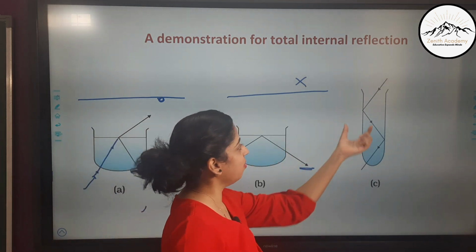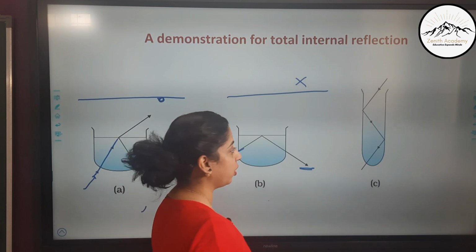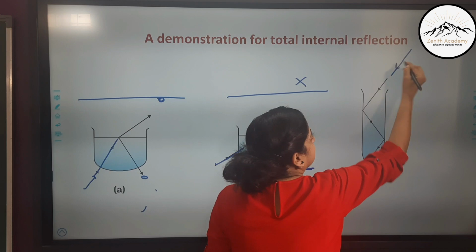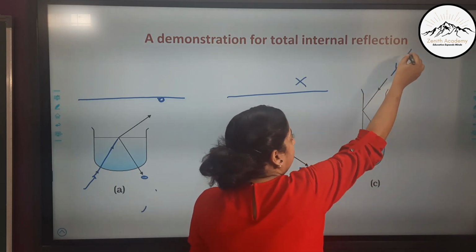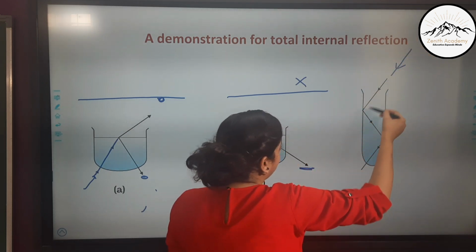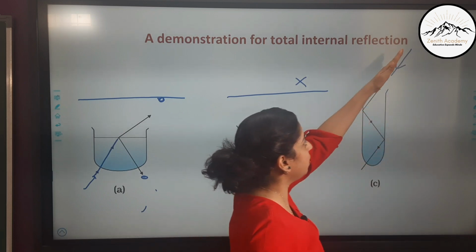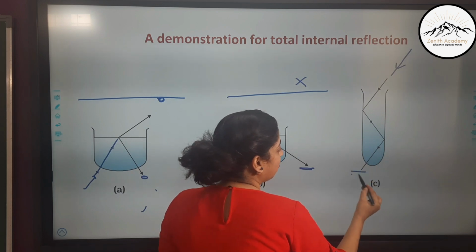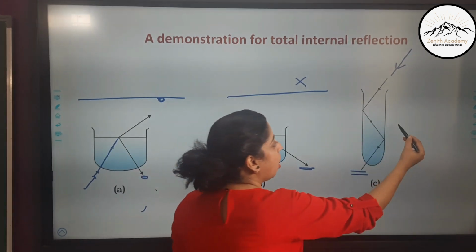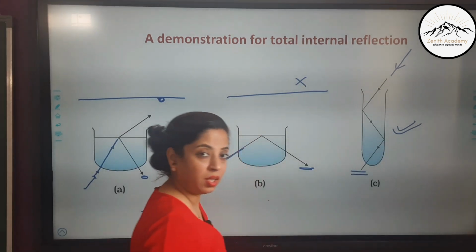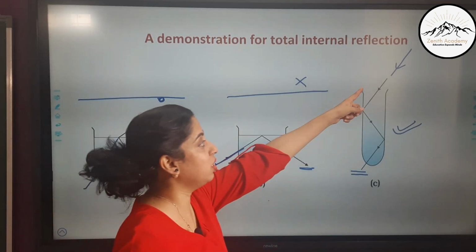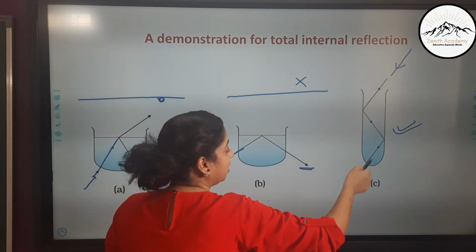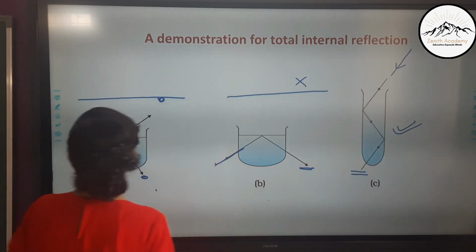Now you transfer the same turbid water into a test tube, and try to pass light like this. Okay, your torch, your laser beam from here, and adjust the position of the laser beam such that there is total internal reflection and you are able to see the spot here. This is how optic cables work. Okay, so you can try adjusting the positions of your laser beam to get a beam like this in which there is total internal reflection.